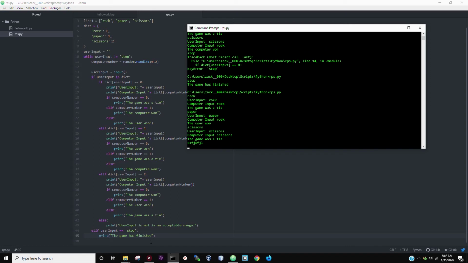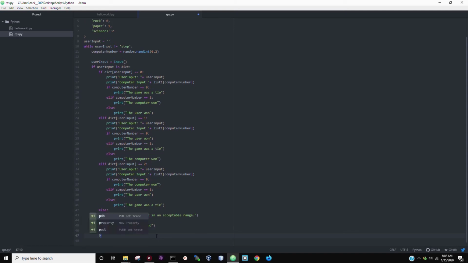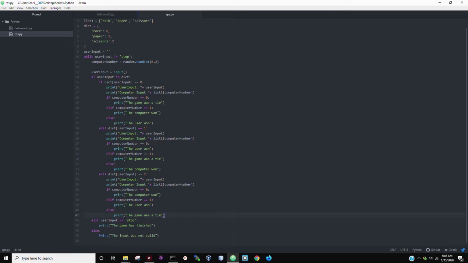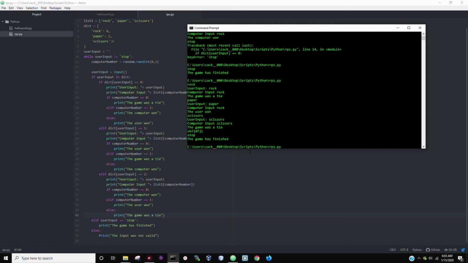I want to actually use an else statement here and say print the input was not valid, and then we can remove this else statement that previously checked for us, because we're doing it on the outside now, and it'll never reach inside if that user input's not in the dictionary. And then we're going to stop this to check again, rps.py,